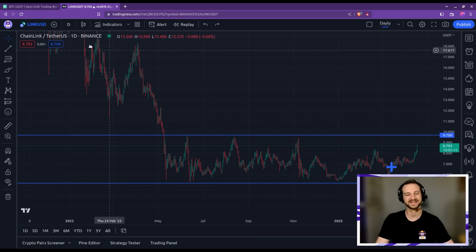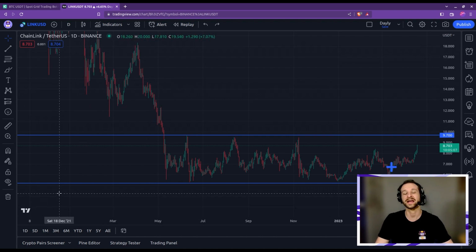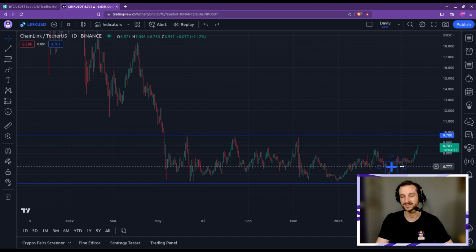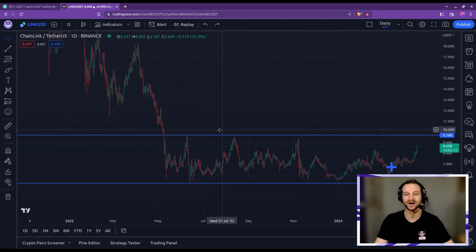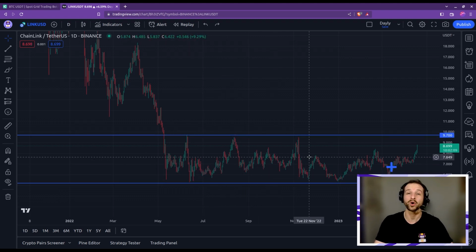You can clearly see how the price, after falling, when all the tokens really went down, reached a strong support level and started ranging between this support here and this resistance above. And this has been going on for several months. That's really what you want to identify: a ranging regime between two strong levels, a support level and a resistance level. And if the price has a tendency to be going up more than down,